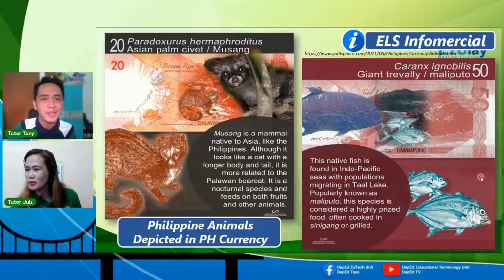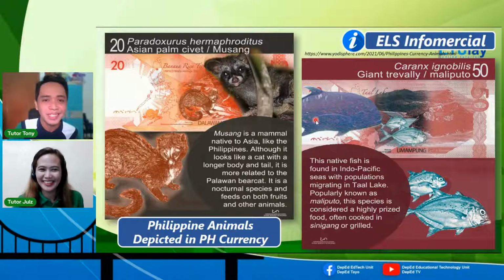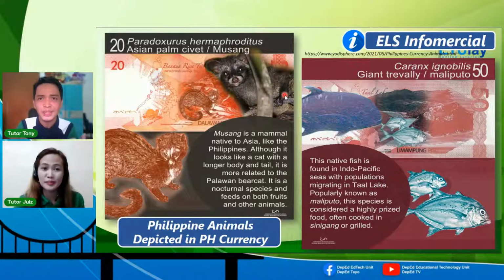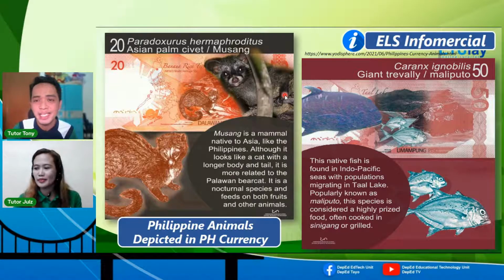Ayan. Kaway-kaway sa mga may 20 pesos dyan. Ang na-feature na animal dyan would be the Asian palm civet. Malungkot, pag 20 lang sir malungkot. Oo, malayo mararating pa rin yan somehow kapag ikaw ay madiskarte, di ba, mga senior high school learners. If you will notice, makikita dyan yung scientific name, ayan, Paradoxurus hermaphroditus. Ayan, tignan nyo mabuti yung mga currency natin. So you can still learn about nature, about plants and animal species, di ba? Ang galing, na-feature pala yan sa ating mga currency.